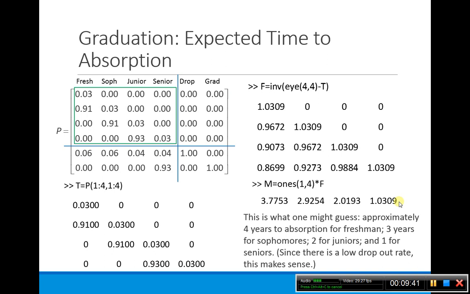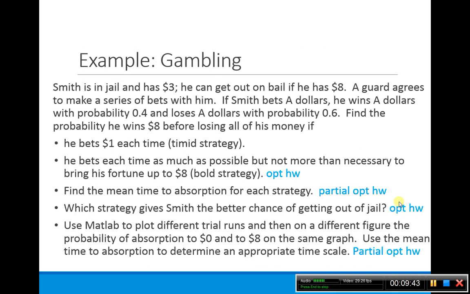So this makes sense. Okay, so now this is an example about gambling. And so part of this is what we're going to do here. And then another part is you can do it as an optional assignment. So I've decided to make this week's assignment optional, which means that you can either choose to do the assignment and get extra credit, or you don't have to. But it's based upon this example, and the optional assignment also has one about umbrellas, which we talked about in